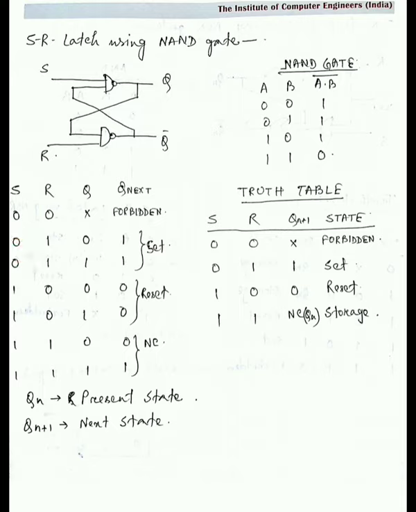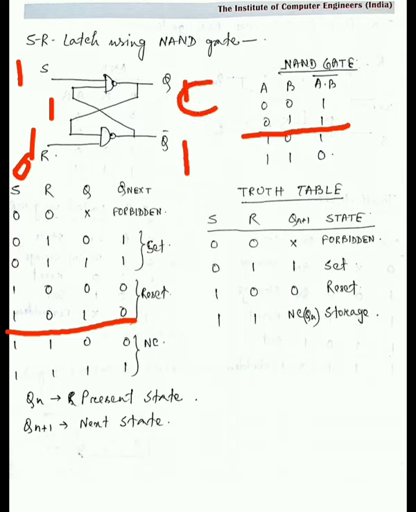Now our next point, this one is S1 R0, and Q is 1. So 1 comes here. So 1 0 1, we know, this is 1, and 1 goes to here. So this is 1, 1 goes to, changes into 0. So whatever be the value of Q, 0 or 1, if the input signal is 1 and 0, output is always 0. This is known as reset condition.